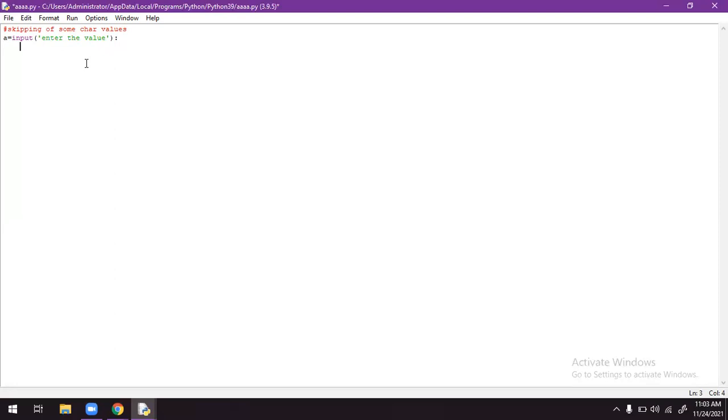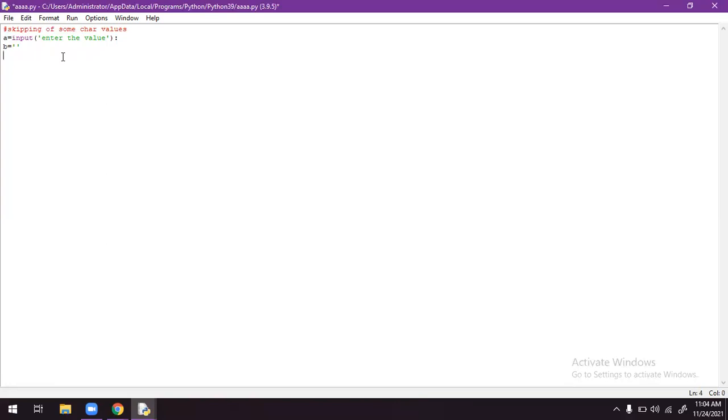What I have to do is take an intermediate variable here. B equals to an empty string. Why? Because I have to skip the characters. Say suppose there are vowels present in the string which the user typed. What I'm doing is that the characters which are vowels must not be printed out.